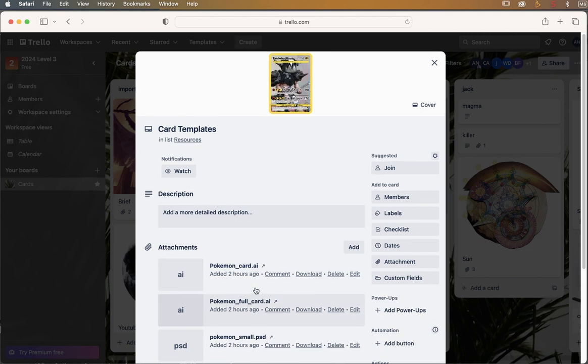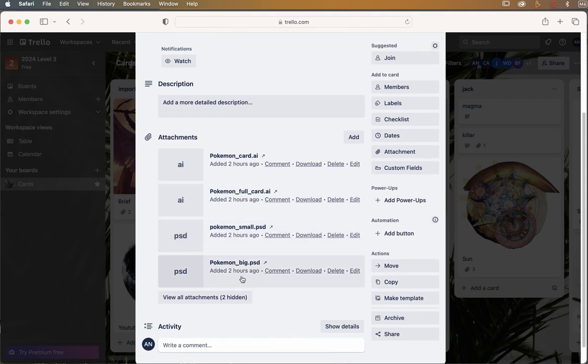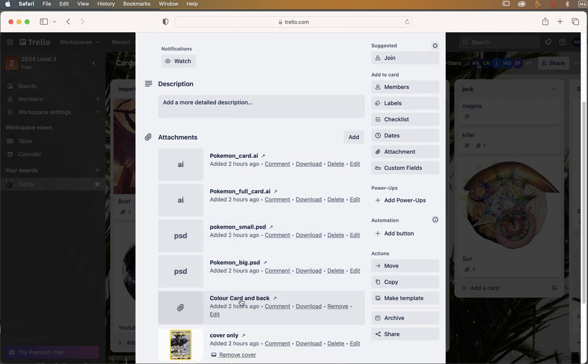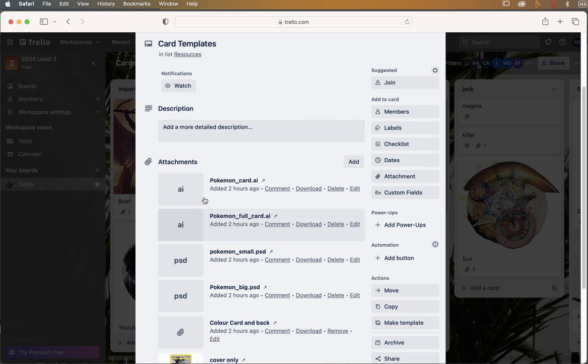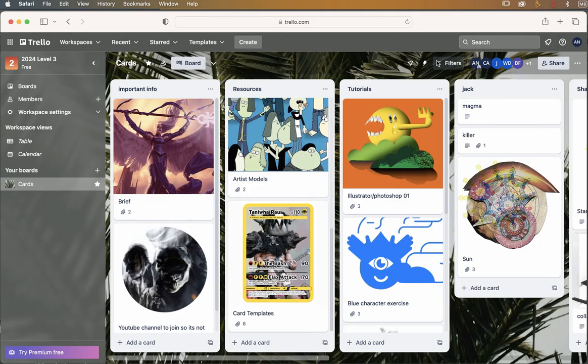Pokemon full card, which is this one here. And then the images that are associated with it, and then you'll find one that's a full color card. This one you have to link to because it ends up being quite a big file because of the pattern in it. The first thing you need to do is go to your cloud and